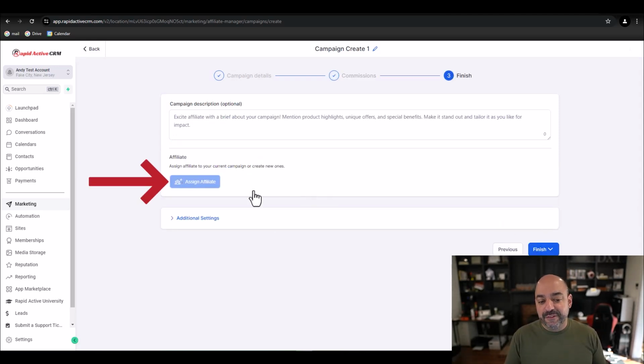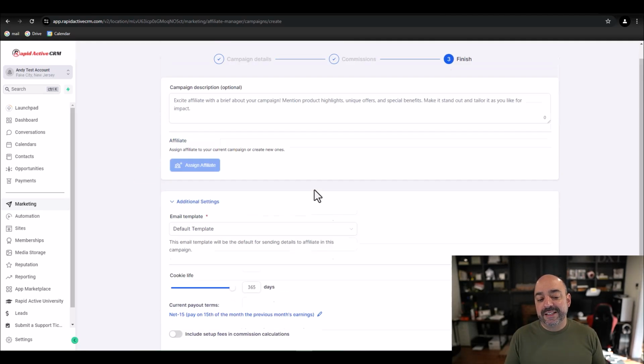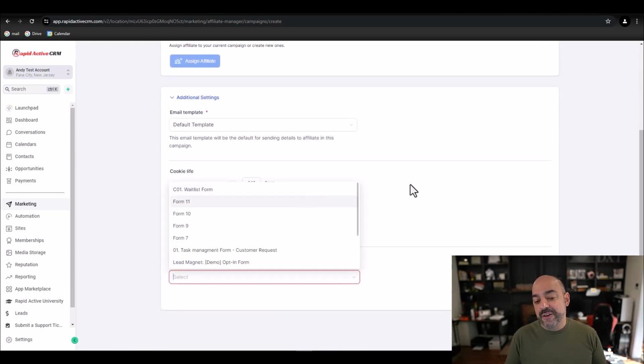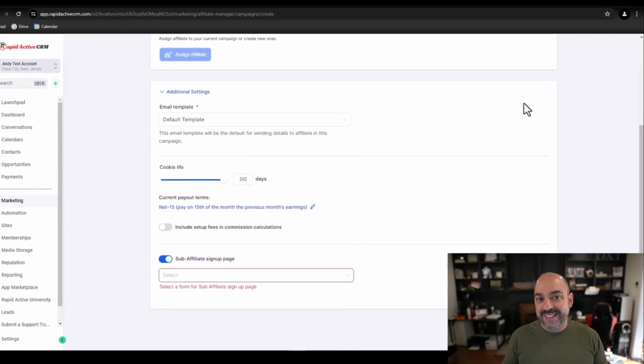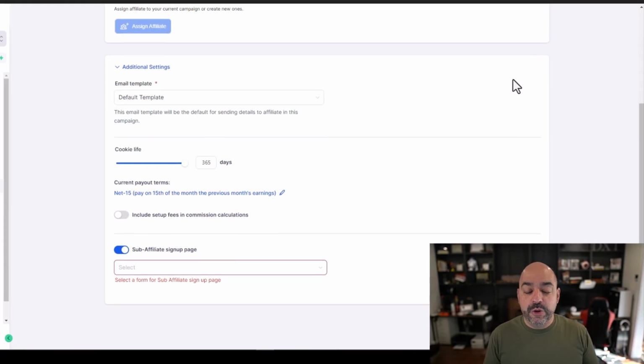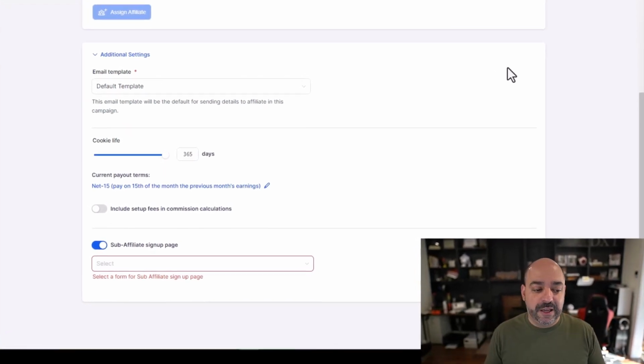And again, you can assign affiliate. Once you have the affiliates, you can then assign a sub affiliate, or the sub affiliate can have a page. And then you can give them a particular form, put that form inside a sub affiliate page, and then your affiliates can get sub affiliates. And now you have a pretty robust system on how to collect all that,